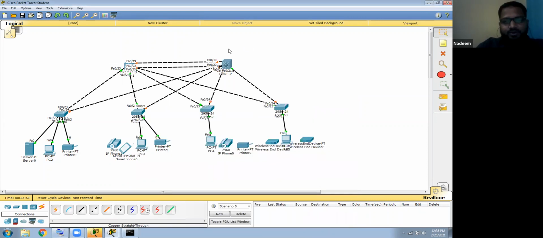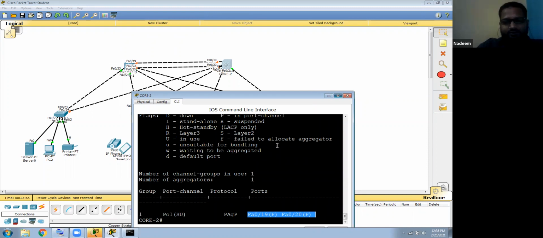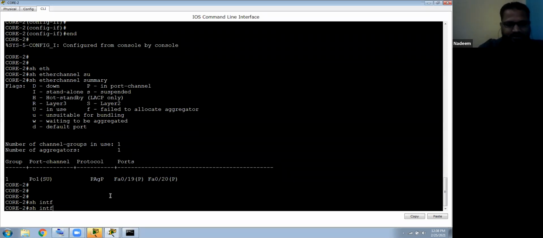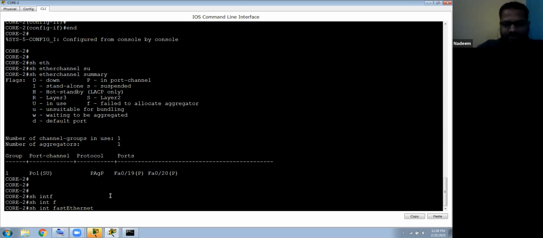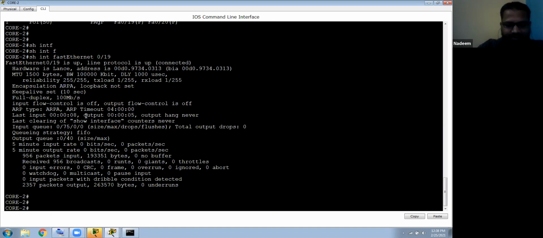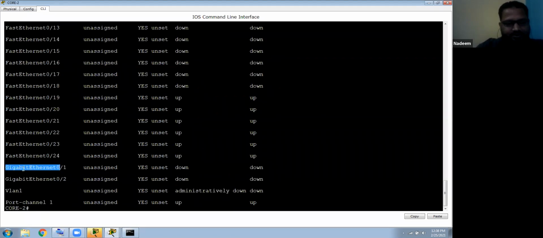So now you know between core and core two, what is the speed of the interface? You want to see the speed of the interface? Check show interface. See, the FastEthernet means 100 Mbps. If you want to see that, show interface FastEthernet 0/19. So if you click here, you will see the speed. Can you see here? The speed, 100 Mbps. If it is a GigabitEthernet, okay, we have one giga interface also. Show IP interface brief. If you come down, whenever I say giga interface, so let me show you this one.